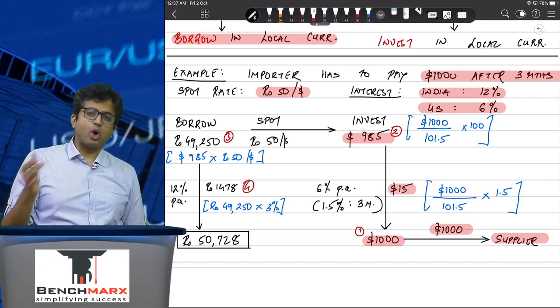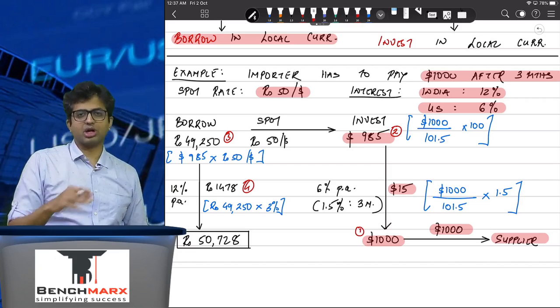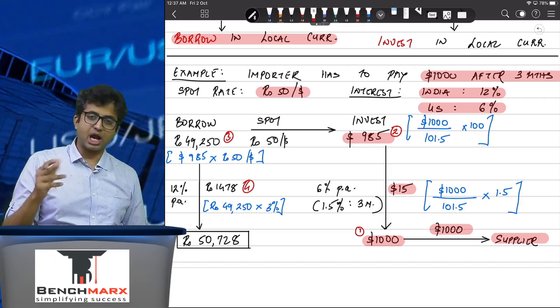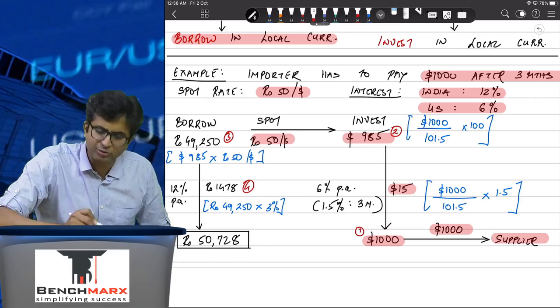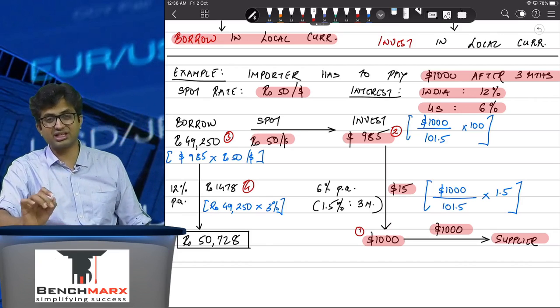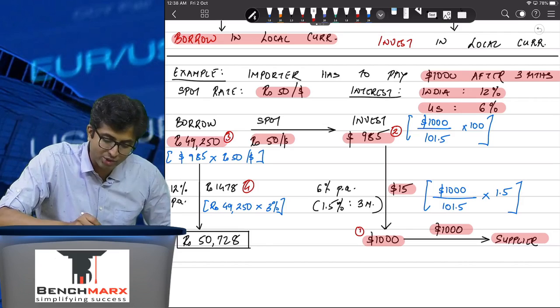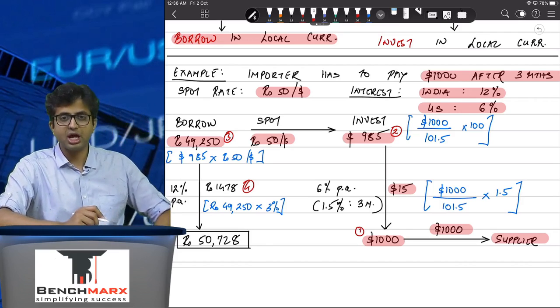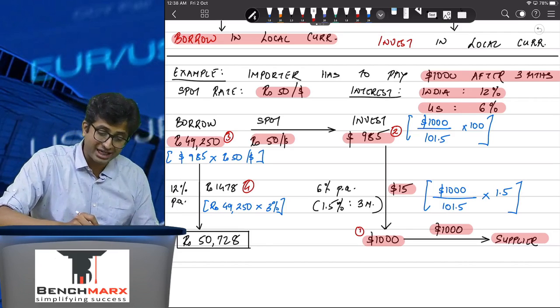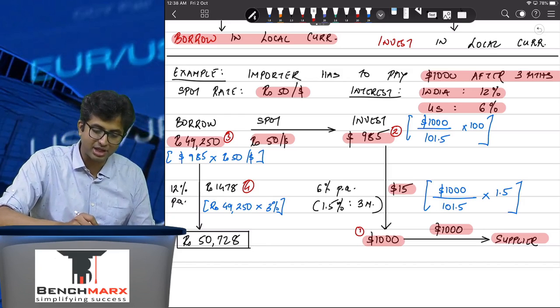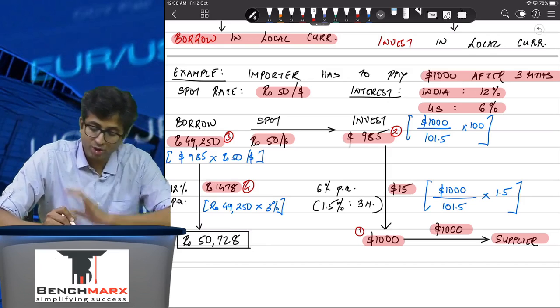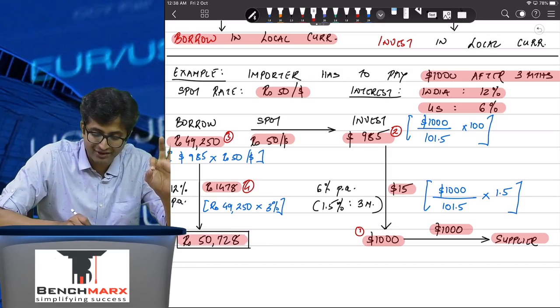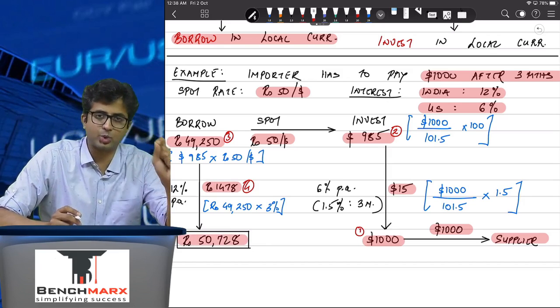Achha, once you want to convert, we will say to invest 985 today we will have to borrow rupees, but how many rupees? Well, depends on the spot rate. Let us say the spot rate is 50. So for investing 985, you will have to borrow 49,255. Which if you are borrowing, you will have to pay interest at the rate of 12% per annum. That is 3% for 3 months, and hence that is 1478 of interest. So what will happen is at the end of 3 months, you will be left with 50,728